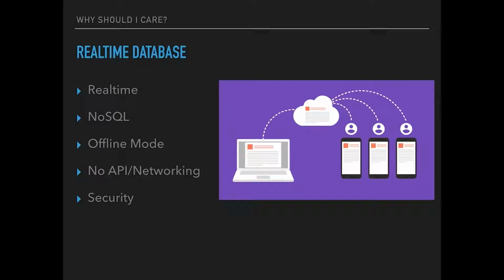Okay, so next up, moving on, we have the Realtime Database. I don't know why I put a slide in there for real-time. It's kind of self-explanatory. But if you're using the Firebase Realtime Database, as you're storing data via the SDK, it's automatically syncing that with the cloud, and it will push it out to other devices that are connected. So you really get that real-time behavior with very little work on your own.